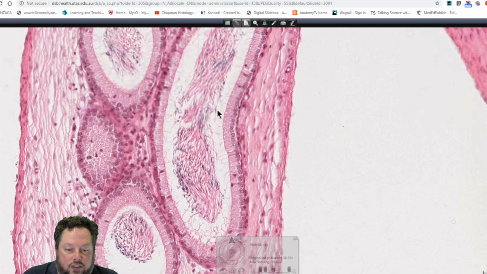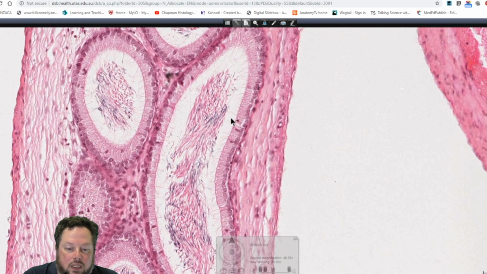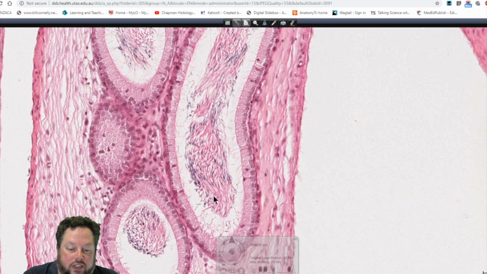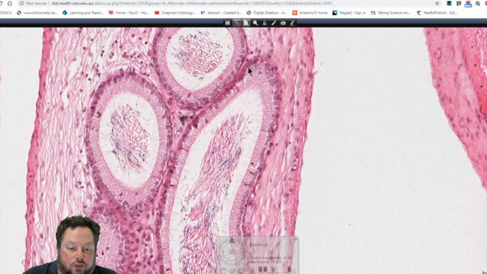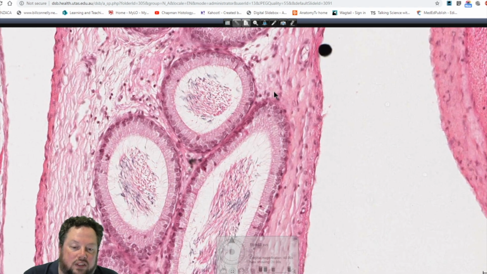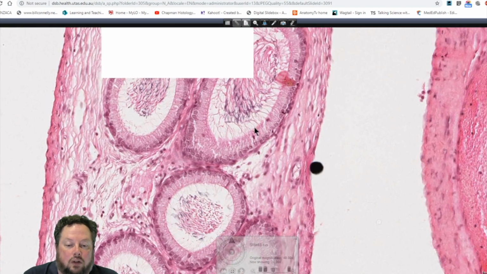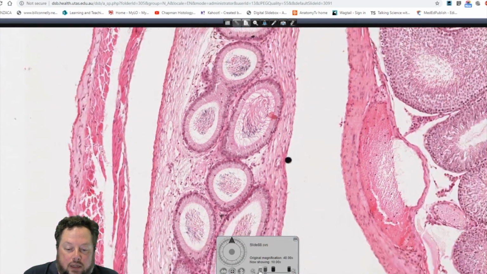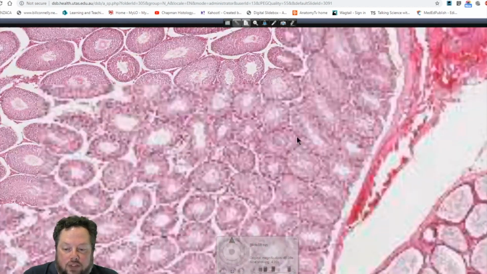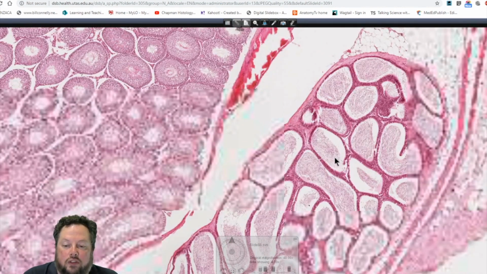Again, we've got a nice tall pseudostratified columnar epithelium, lots of stereocilia. You can see our sperm highly concentrated in this region here. Relatively thin, smooth muscle layer on the outside. But if we now go over to the other side, this is what the tail region of the